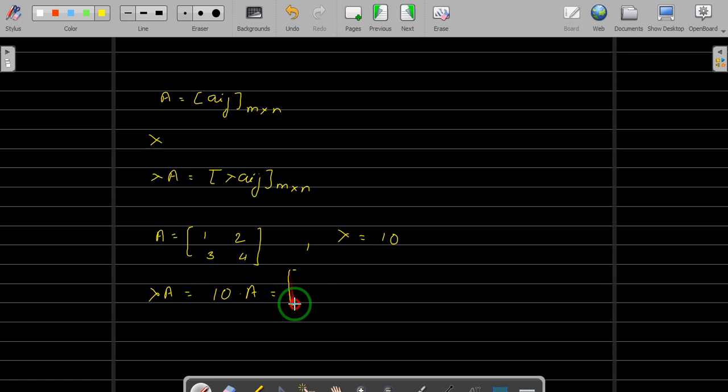And this is defined as, to a matrix every element is multiplied by 10. So 1 into 10 is 10, then 20, 30, 40. Okay, that's how we define a scalar multiplication operation. And for this operation now we are writing a Python program. So let's write a Python program for that.